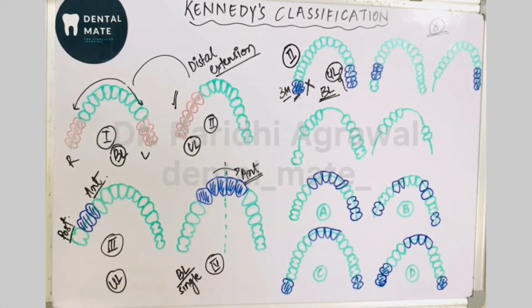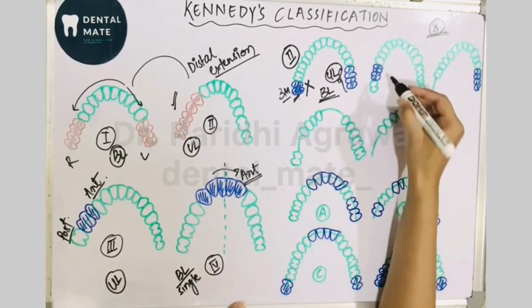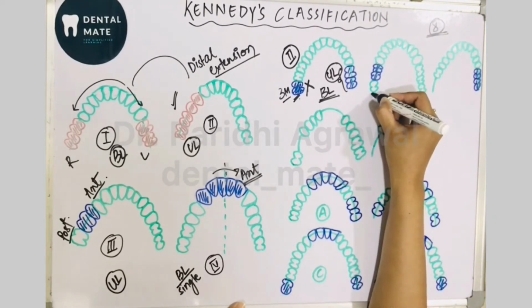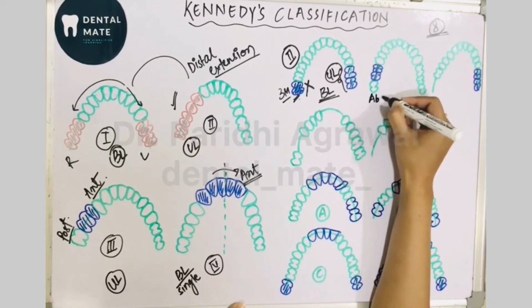Okay, so what is the second rule? If third molar is missing, need to be replaced, it is not considered in classification. Now next rule is what? Here see, third molar is present, but if it is considered as abutment,